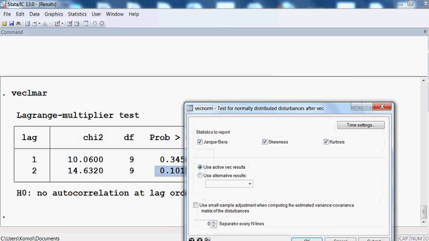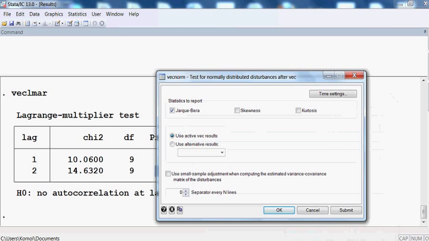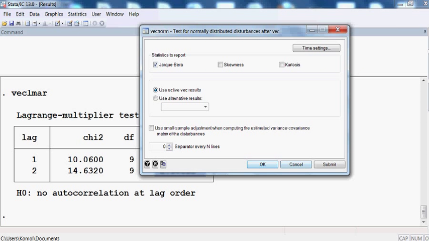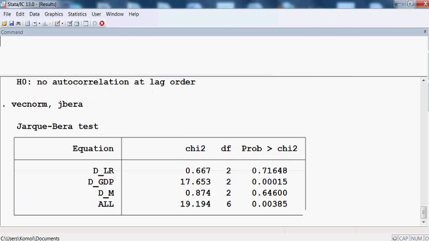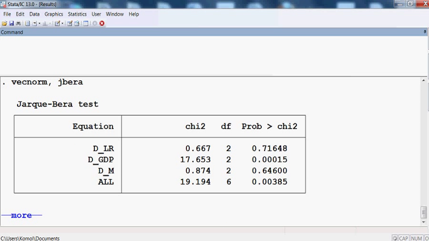I click here, and here I choose the Jarque-Bera statistics only. Okay, so here you can see, okay, we have 3 models, right? One is DLR, DGDP and DM, and here DLR is actually our target model, and here the probability is